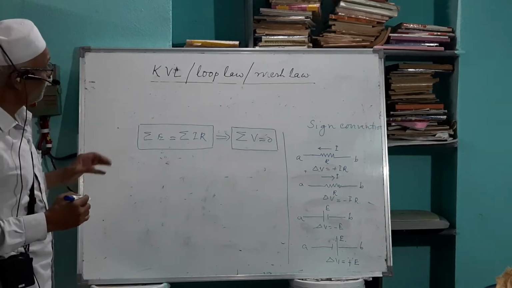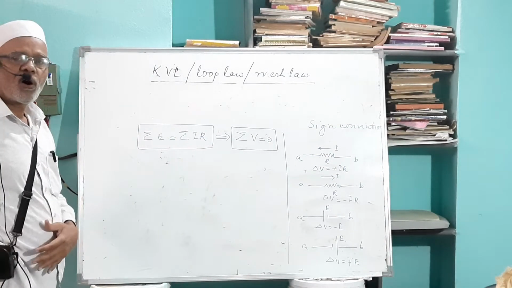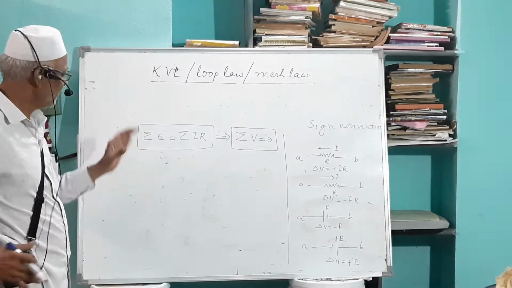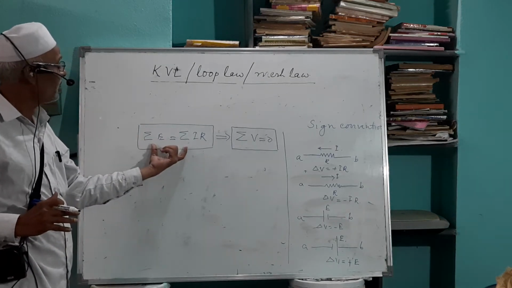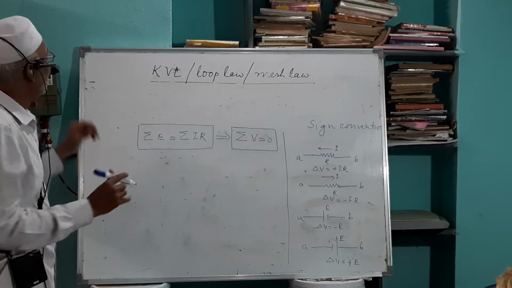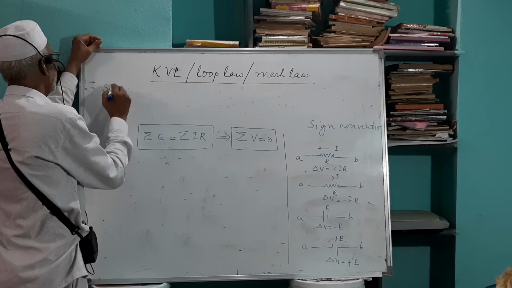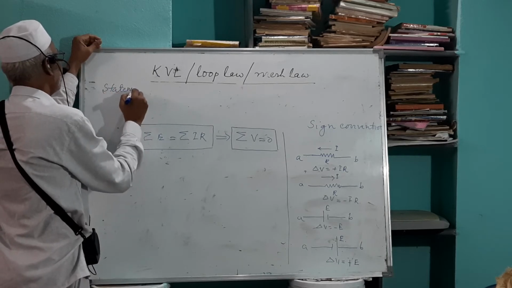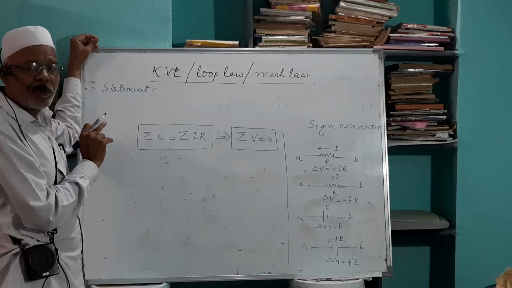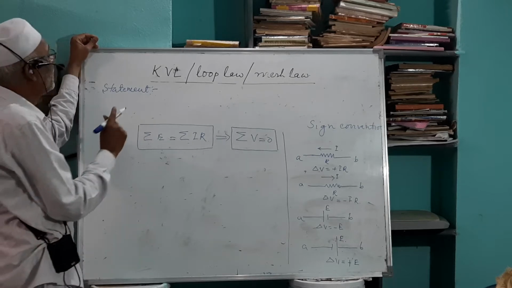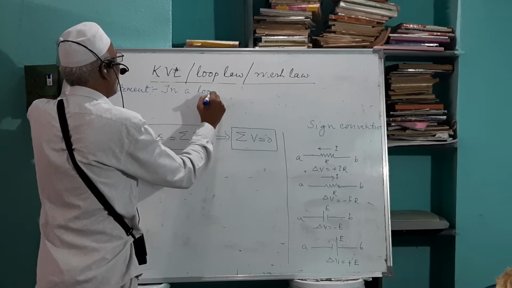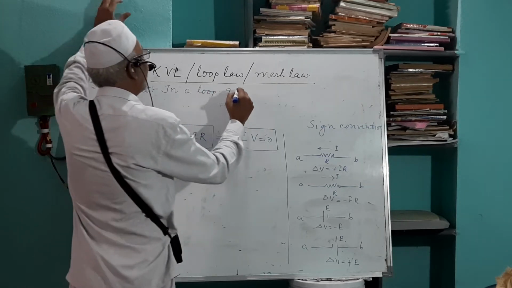Let us see, based on this mathematical expression, how we can state the statement of the KVL law. With the help of this mathematical expression, I will design the statement of the KVL law. The statement is like this: this law is applicable for a loop. So therefore, in a loop of an electrical network,